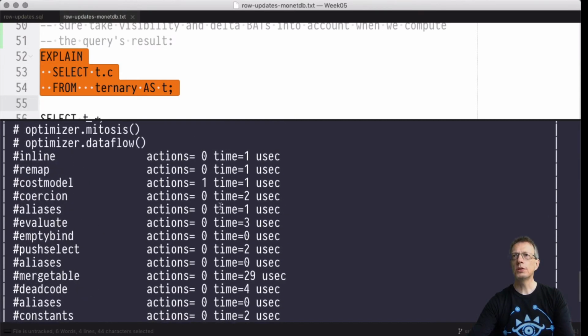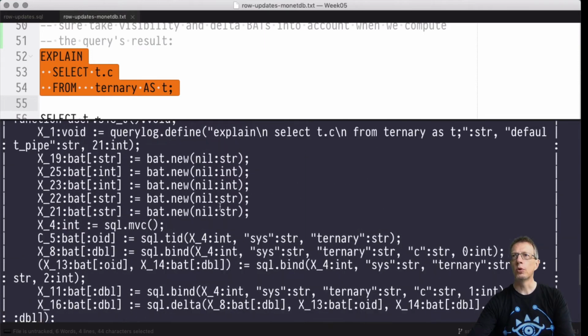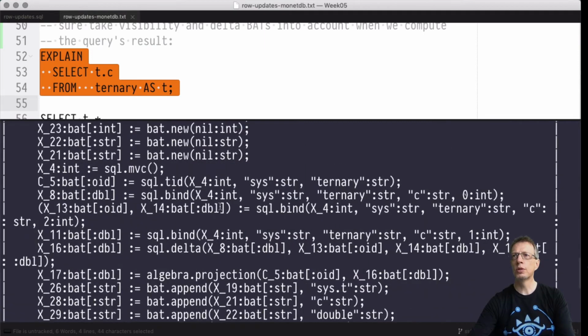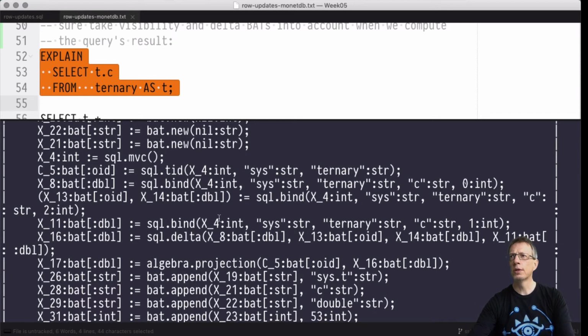Okay, so let's see. The query is rather involved here. What we can see is that the visibility information for the ternary table is being accessed. The C column is being accessed, which is no surprise because we ask for the C column in the result of this